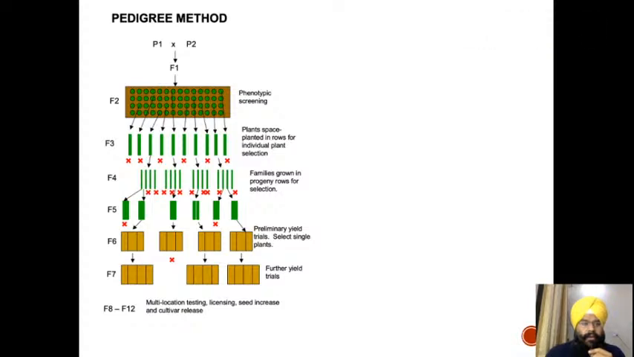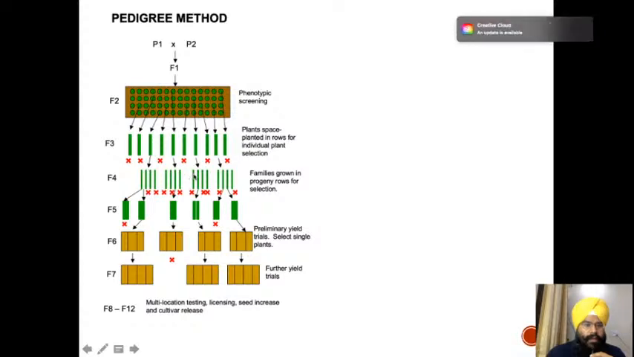And this is now your pedigree method that has been shown to you. This is P1, P2, you have the F1 plant. Then from the F1 you have the F2 plants, and you do the phenotypic screening. So plants are space planted in rows. You select those plants which have the phenotypes that you're looking for, and they are grown as spaced individual plants for selection. Out of them, some are crossed, some are not selected, but some are again grown in families in progeny